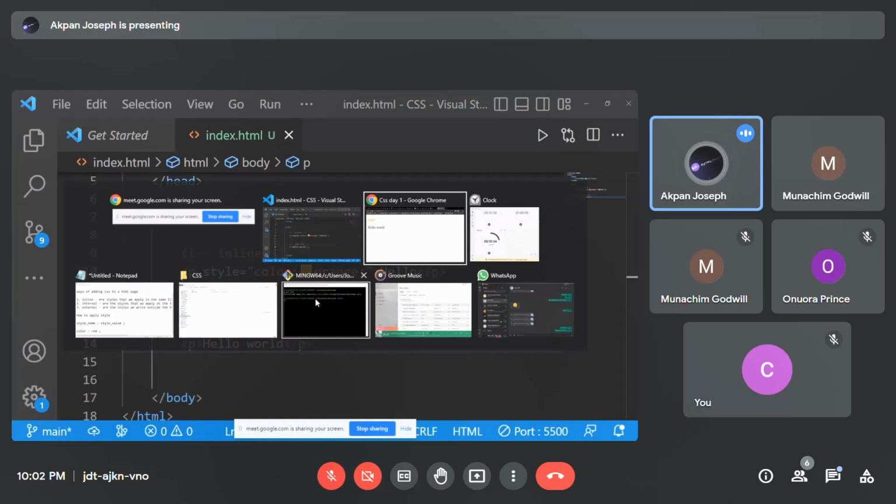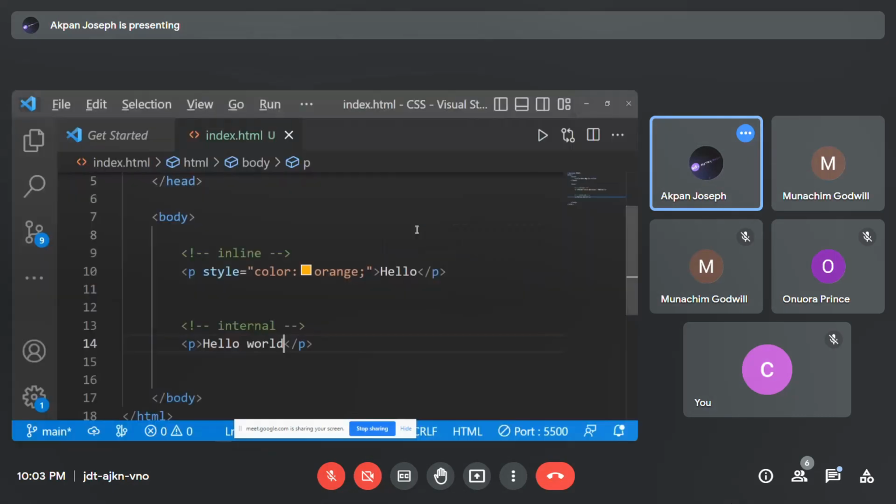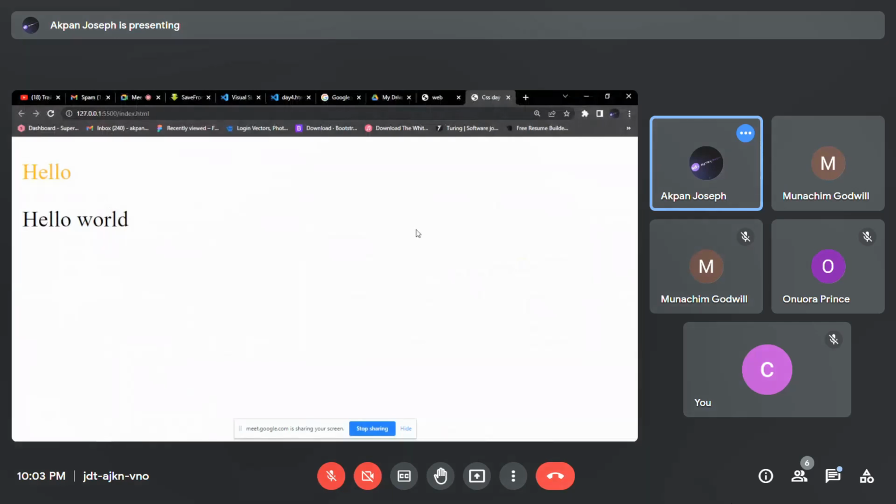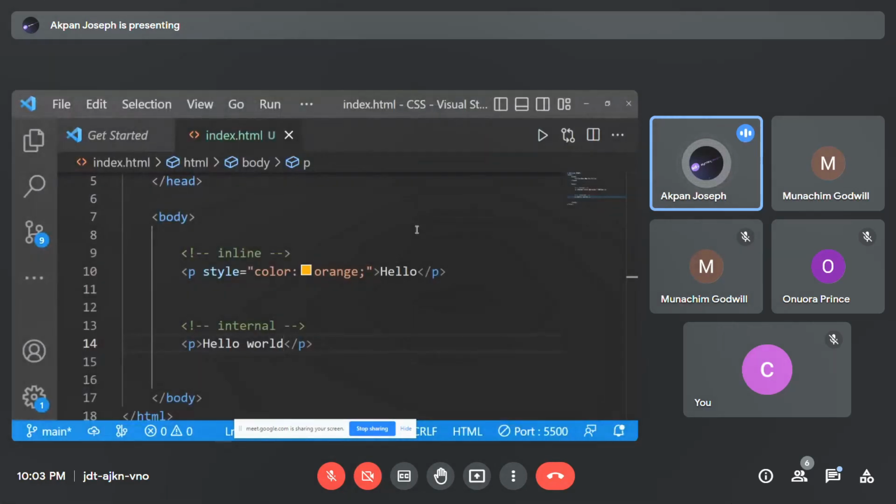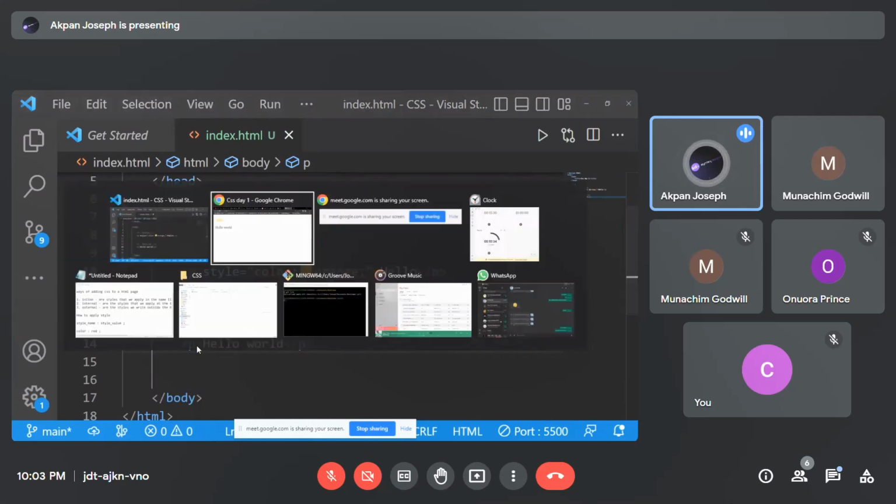Okay, let me just get this right. Okay, so internal styling. So for internal styling, HTML allows you to, okay. So before talking about internal styling,